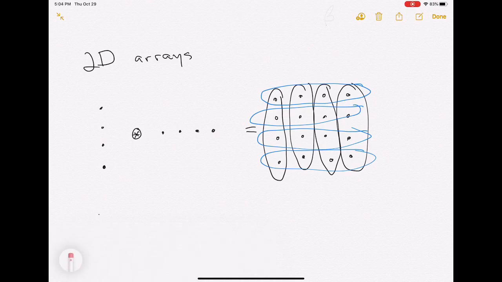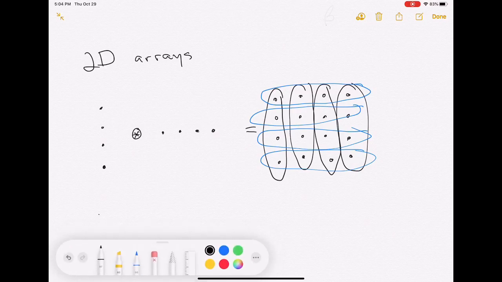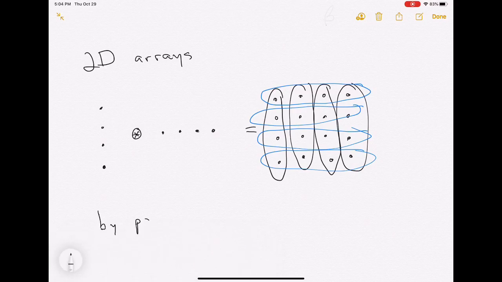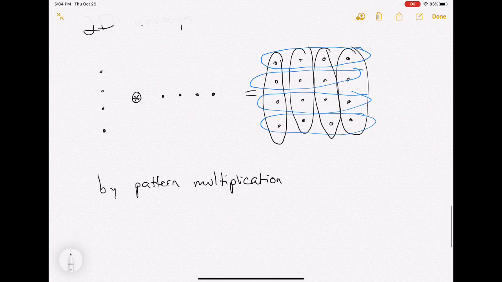So, by pattern multiplication, the total array factor for this thing is the array factor for this x-directed array multiplied by the array factor for that y-directed array,